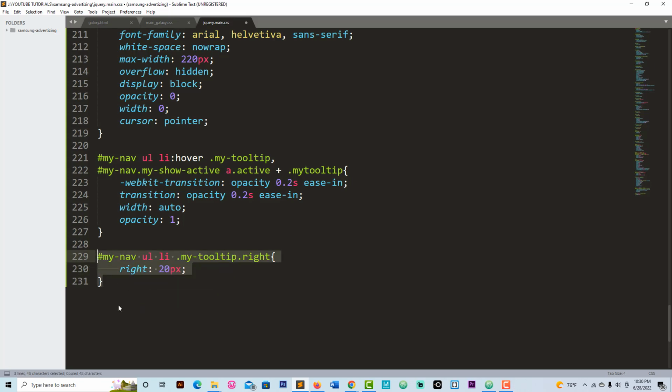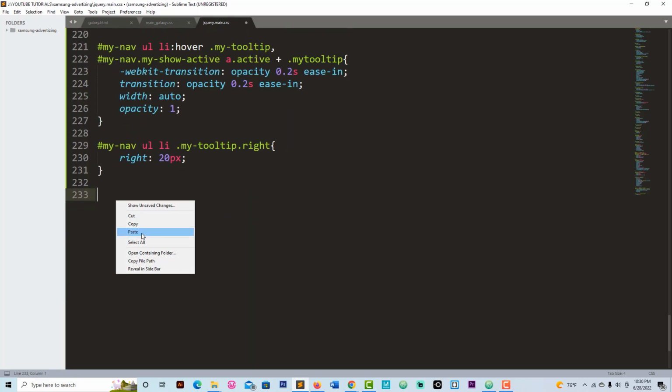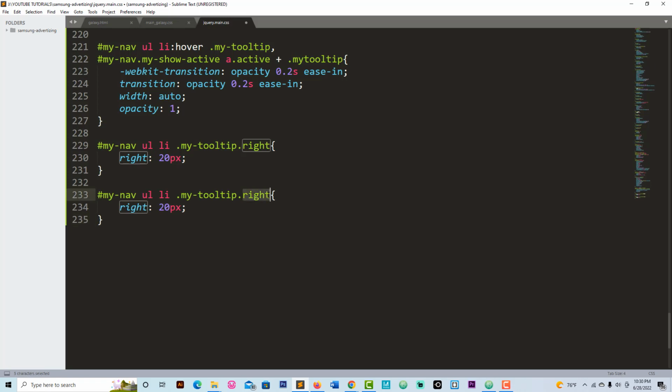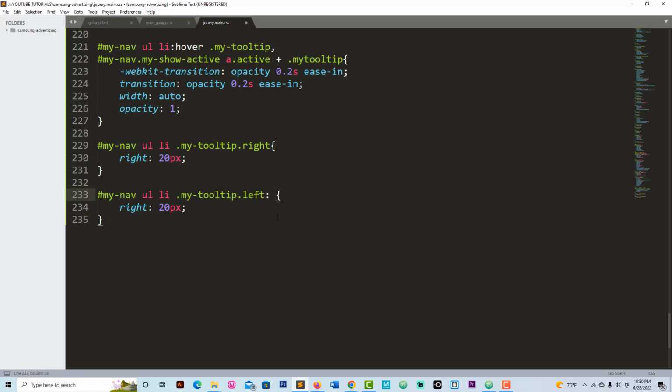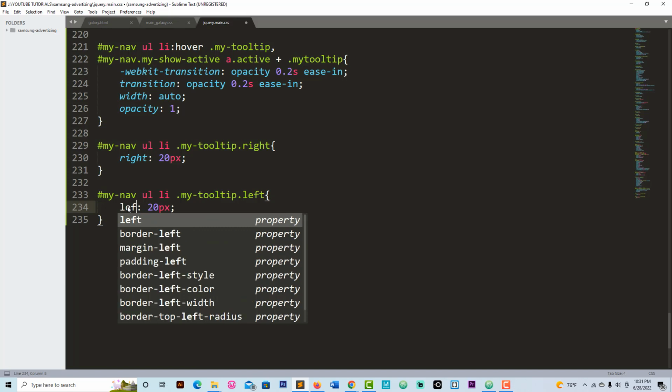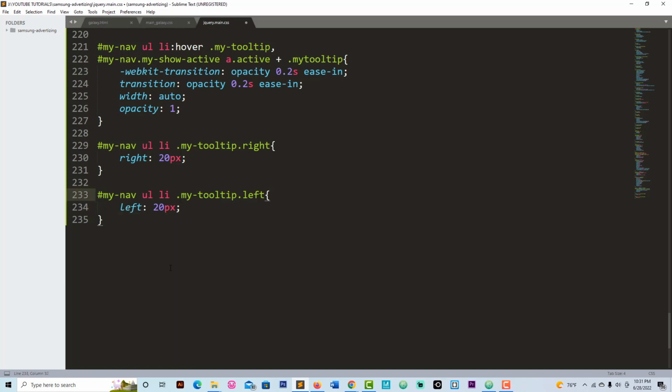Copy this, paste it, put left. Okay, left, and put left here as well. Right, left, and